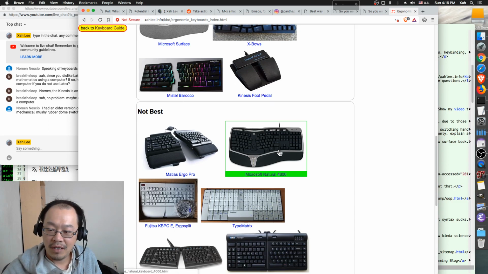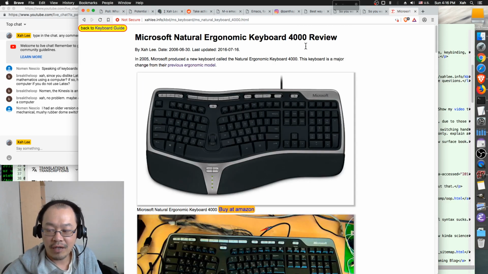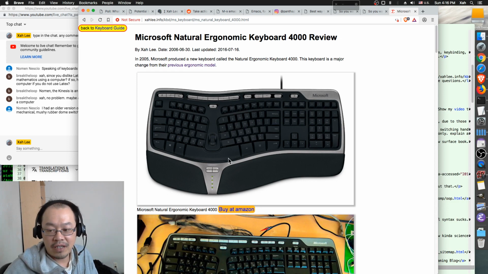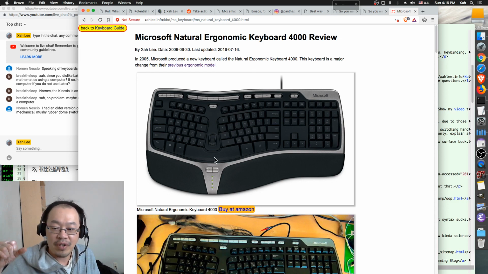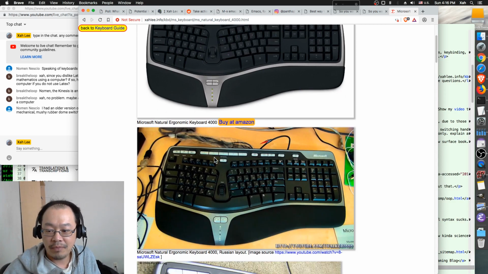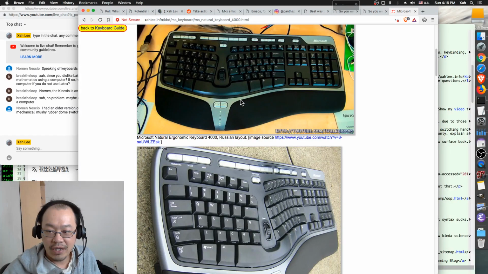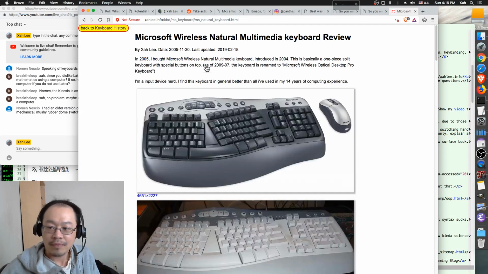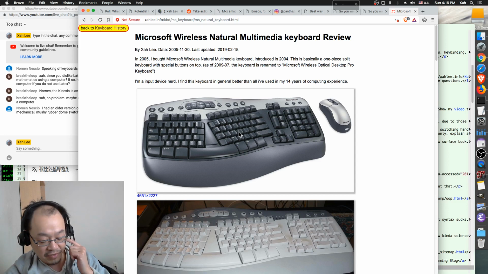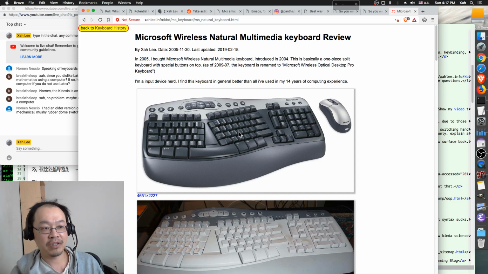I threw it away because of the Microsoft Natural keyboard, this particular one, the 4000. The space bar has a very bad problem of being stiff. The space bar is very heavy, very stiff, and that was causing me problems after 3 years. So after 3 years, I switched back to the older, previous model. This one is better. Keyboards are funny, with repetitive strain injuries you cannot exactly tell.